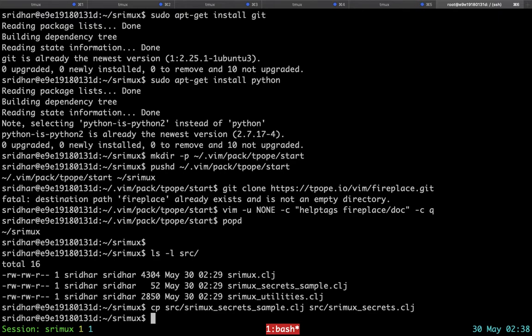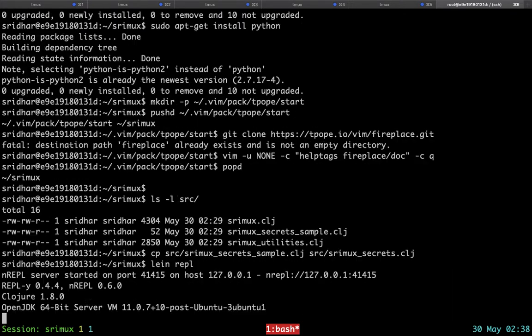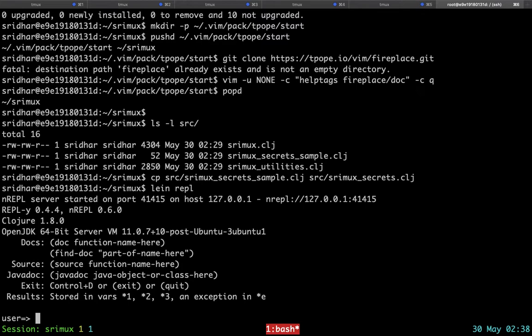And now let's try to create an nREPL server. The command to do that using the Lean package, or project automation tool, is simple. Just say lein repl, and you'll have to wait till you get a user prompt. The first time you run this, it will self extract a bunch of dependencies and may take a while before the prompt shows up.